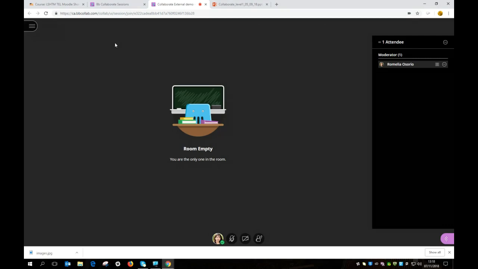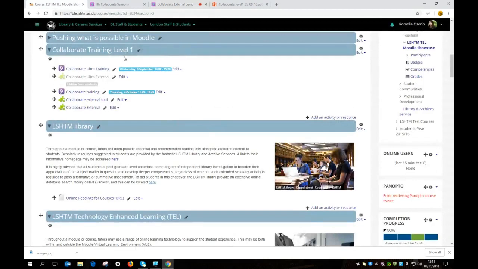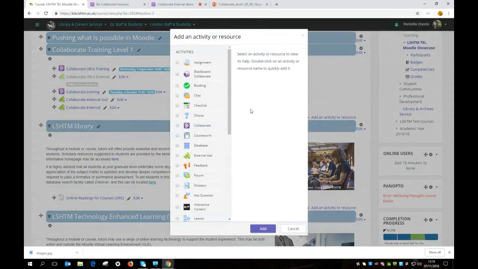Okay, we carry on. Now I'm going to show you how to set up a session using the plugin in Moodle. Let's go to Moodle again. The same, you need to select the area where you want your session link to be. With the setting editing on, click add an activity. The procedure is the same. But this time, you want to select Collaborate, this square icon here. Click Add,